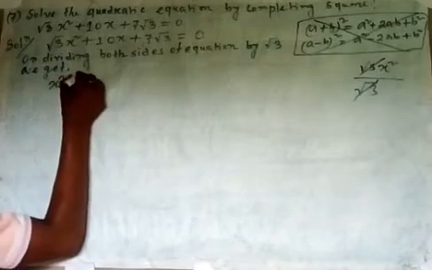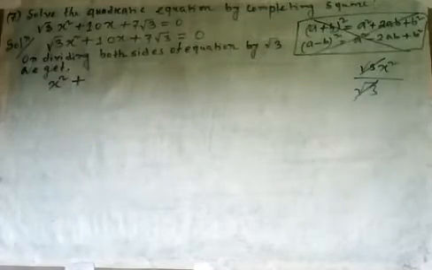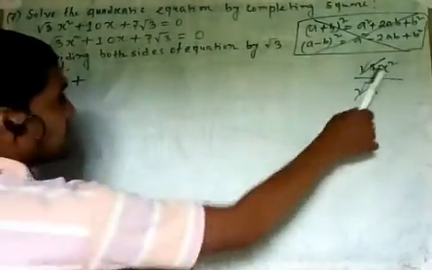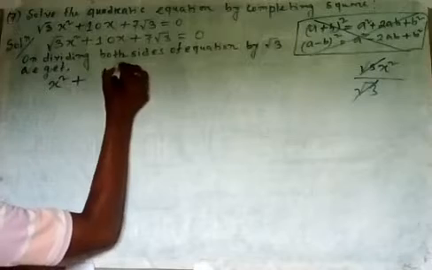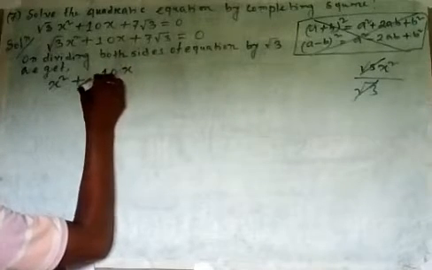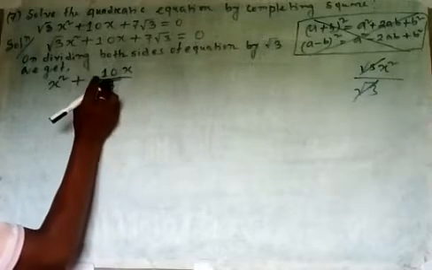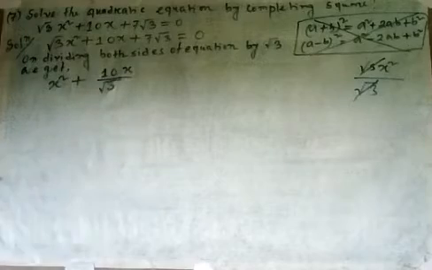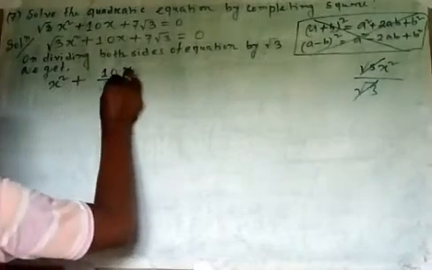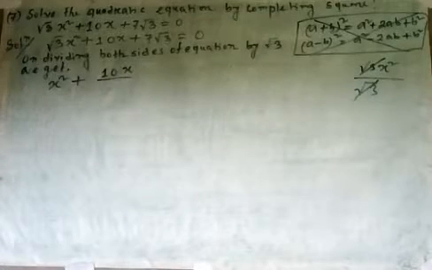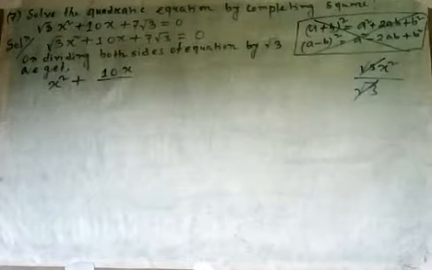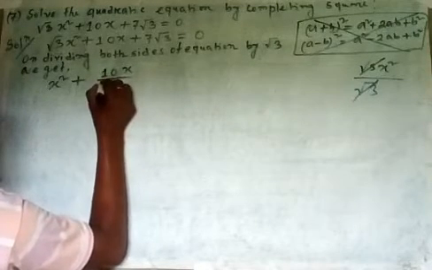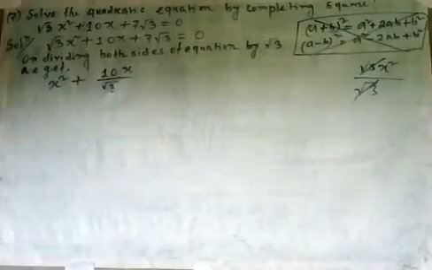Plus is plus, then 10x divided by root 3. Because we cannot divide 10 by root 3, that's why 10x divided by root 3, plus